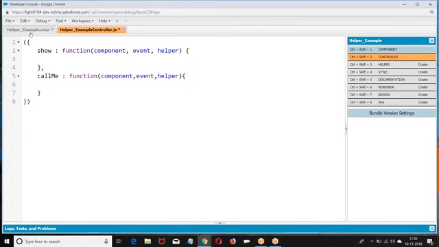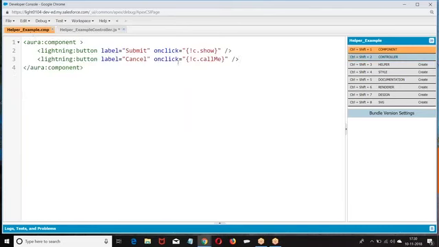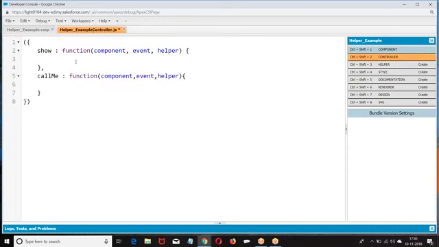Now, my requirement is, in both of these I am writing alert code here. Alert, callme. Now, what is the functionality I am doing here?